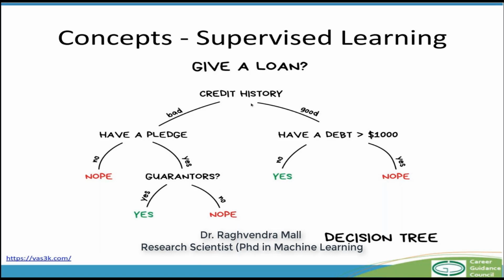To learn this particular branch, the model builds these trees based on the set of samples that it has seen from the huge amount of data that the bank has collected from all its past loan applications. Based on that tree it can say with some confidence whom I should give a loan or not. So this is an example of supervised learning which can easily be used in a banking system right now. We might not know about it, but it is happening.